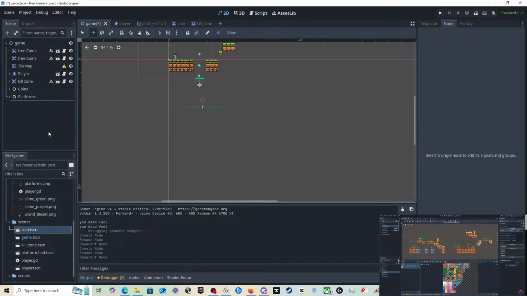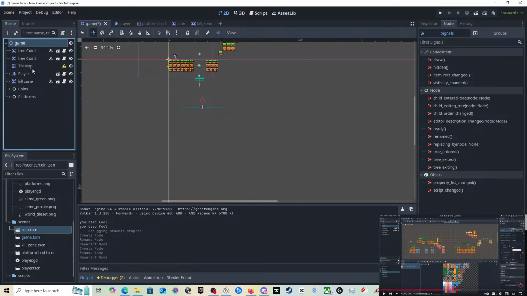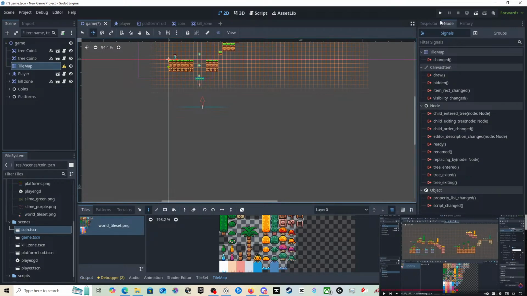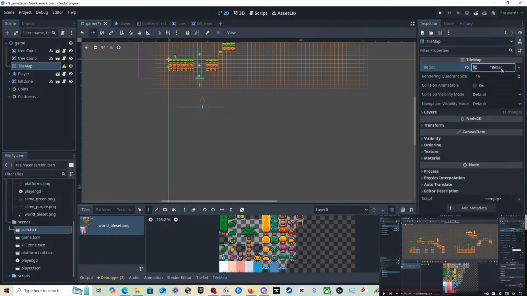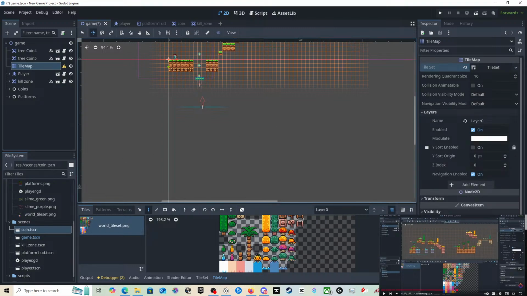So not under our tile set, but under the tile map itself, we have this layers. And this is the one we've been painting in. Let's just call this mid for midground and add another one that we can call background. Let's move this to the top to make sure